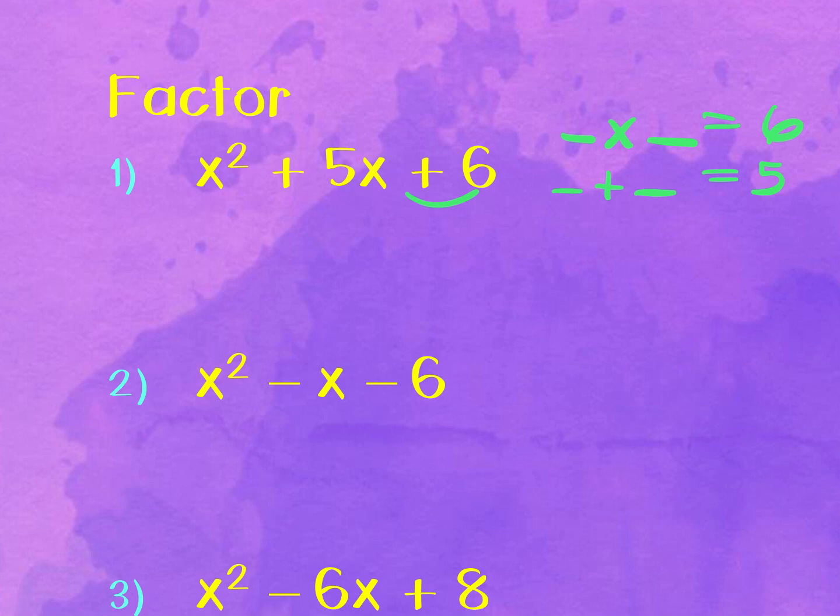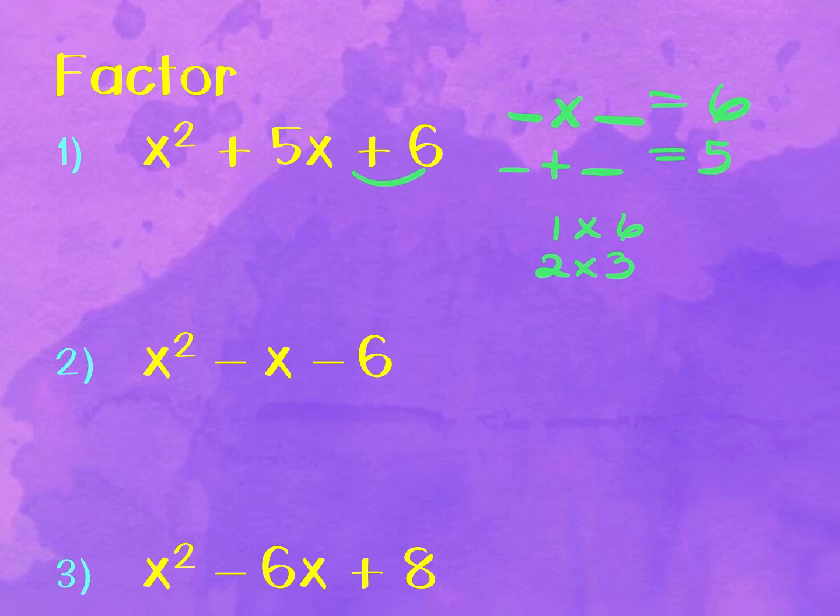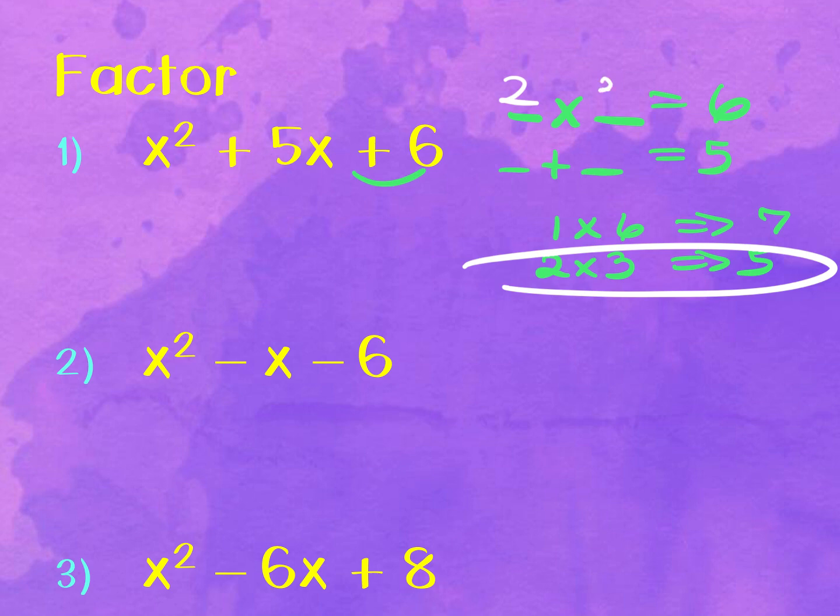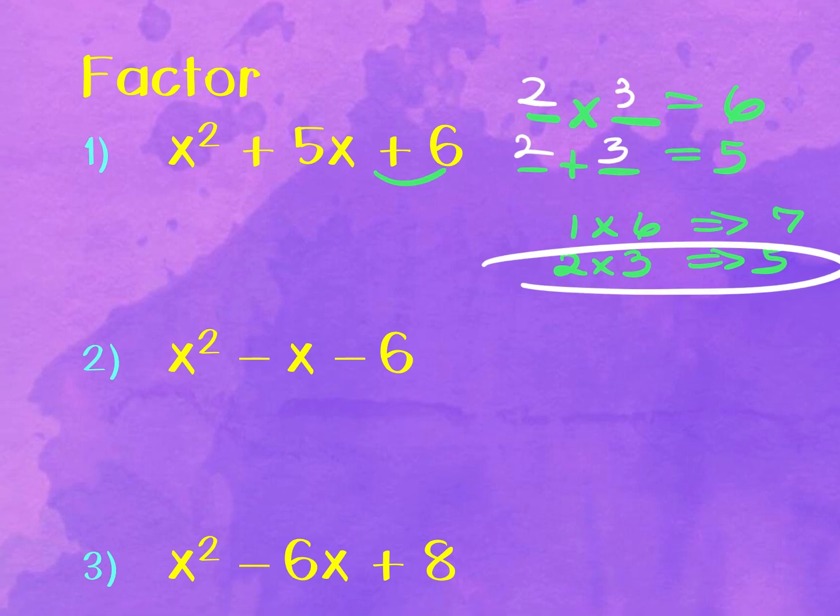So those factors are just going to be 1 times 6 and 2 times 3. Now I also have to add these two factors. When I add these two, I get 7. Add these two, I get 5. So my magic combination here is the 2 and the 3, because 2 times 3 is 6 and 2 plus 3 is 5. So now I will set up my two binomials,